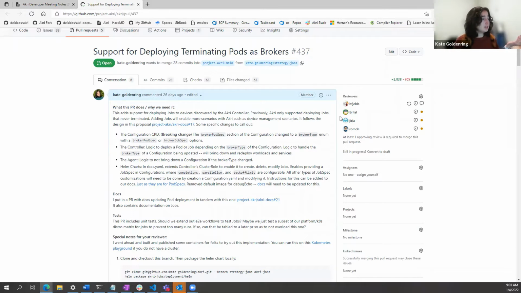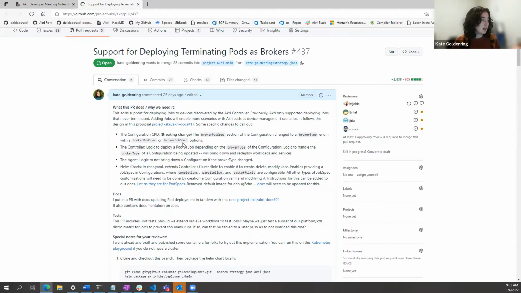So what that means is that in our configuration where you specify what you want Akri to find and what you want Akri to deploy, on the deploy side, we not only have a broker pod spec that you can specify as we always have, but you can also specify a job spec. And so this expands it.